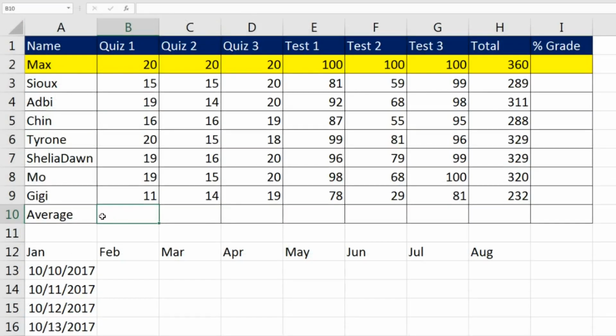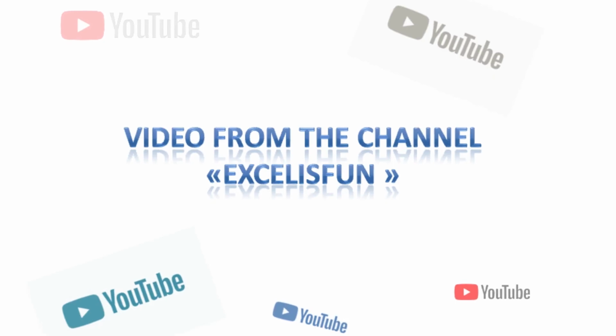Cell B10. And if we're going to calculate the average, we need to add everything up and divide by the count. Now, luckily, like the sum function for adding, when we're calculating an average, we can use the built-in function average. Now, there's no keyboard for the average. And in fact, there's 450 functions in Excel, and the sum function is the only one with a keyboard. All right, so that means we need to know how to type out our formula. Well, if we're doing a formula in a cell, the very first character in the